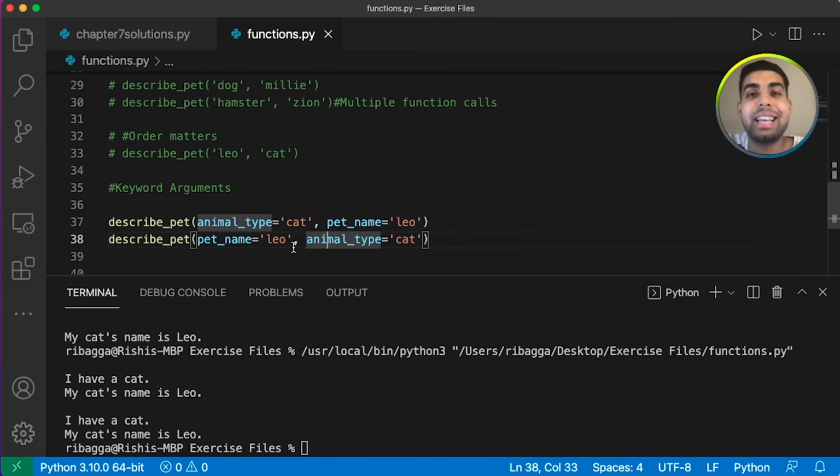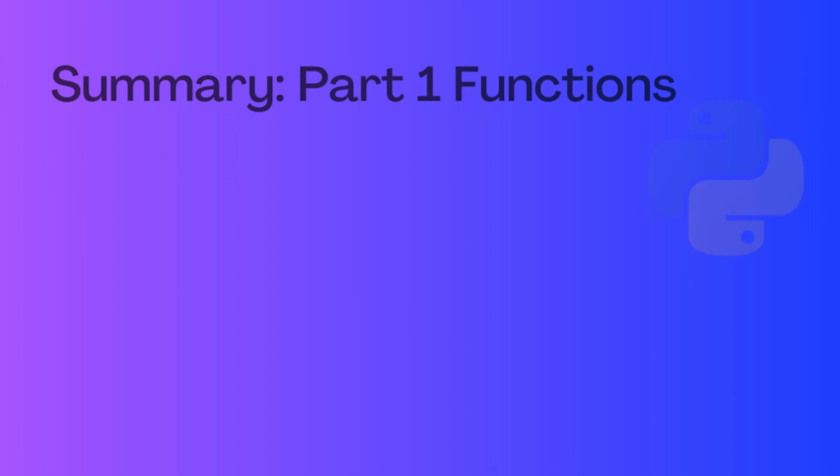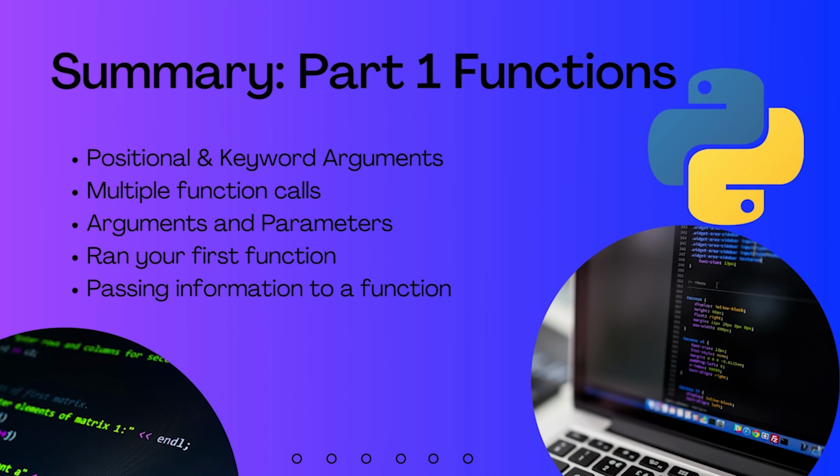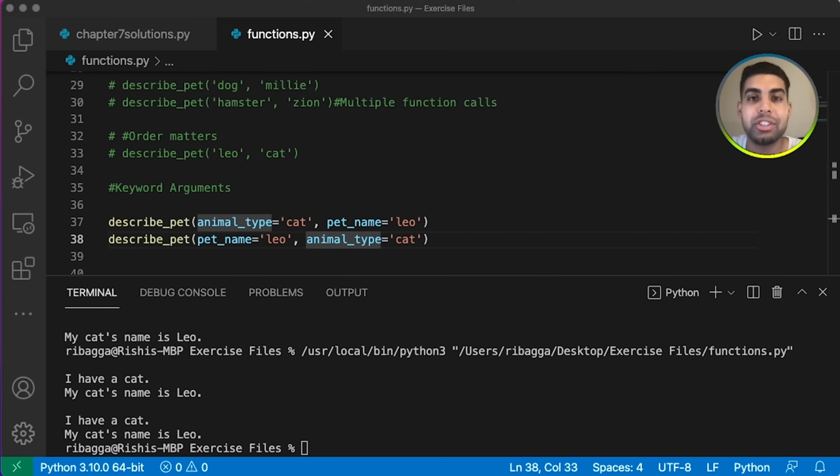Amazing. And that brings us to the end of our first video on functions. I hope this was super useful, and I hope it was clear as to how we can use positional arguments and keyword arguments, going through all of the different ways that we could order these arguments within our multiple function calls to ensure we are getting the output that is expected. In this video, you had an insight into arguments and parameters. You ran your first set of programs where you were passing information to a function. And I hope you were able to see how you can use functions to make your programs easier to write,